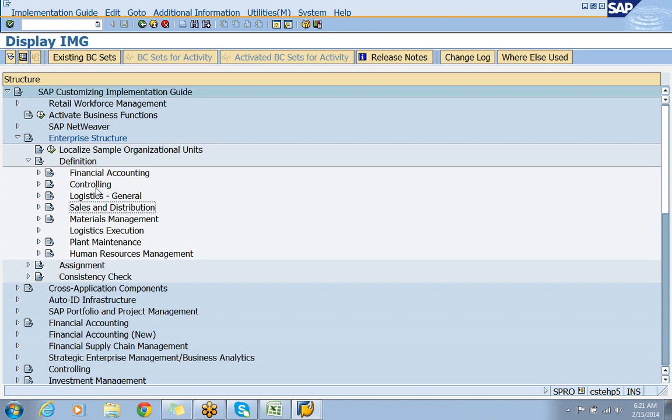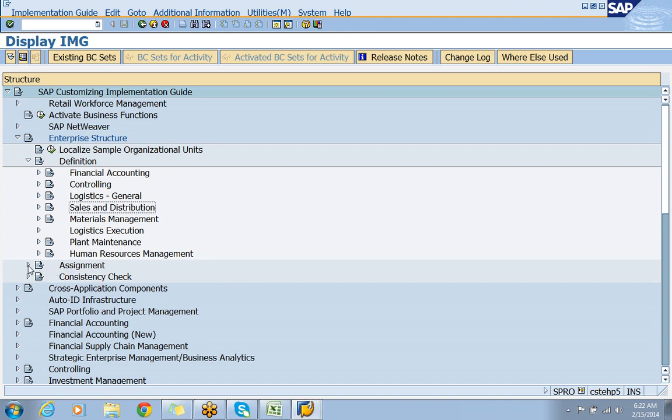Here we are not having any FI or MM consultant to do these activities. We will be working with total enterprise structure, where we are going to get into financial accounting and define what all the things which are required for sales and distribution. In the same way, once done with defining each and every entity in each and every module,